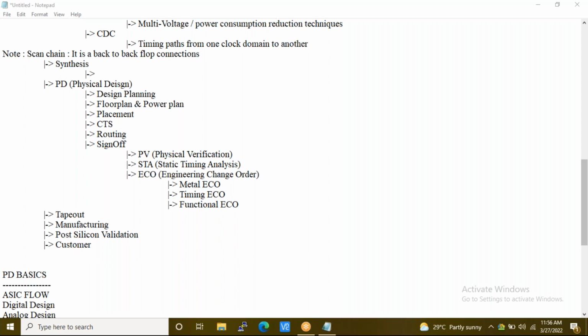Don't mind, I don't have any specific reason to push you into the front-end domain, but what I have seen is that it was easy, because I had many scenarios where people had lower percentages and they were able to at least start their career. See, what happens in the industry is once you start your career, your percentage doesn't matter. After 2 years, even if you have 45%, companies won't ask you how much your percentage is. They'll ask you what kind of projects you have worked on, what your expertise is. So that way you can move to better companies. But the problem with less than 60% in physical design is you won't be able to even get those initial opportunities.